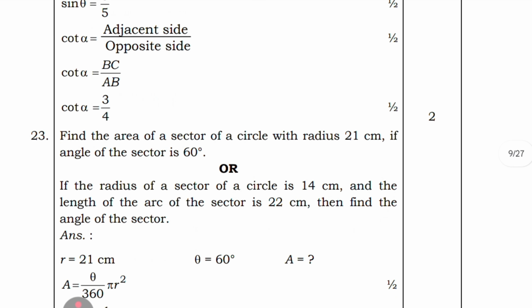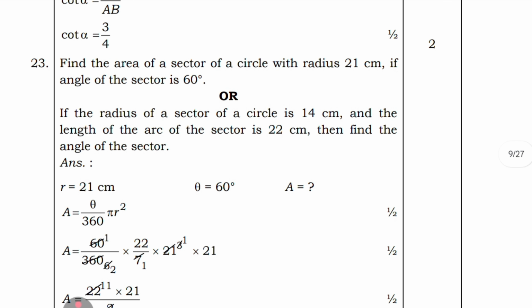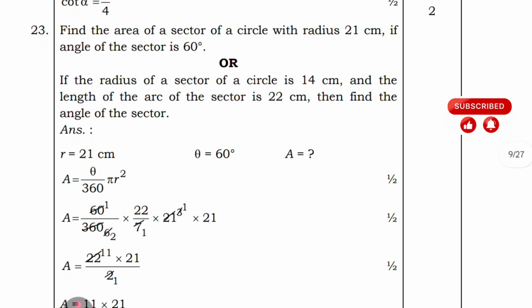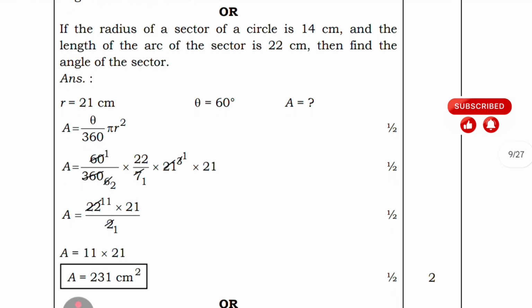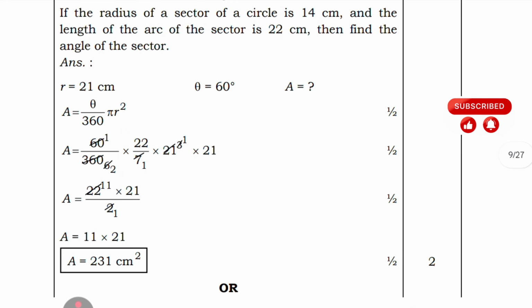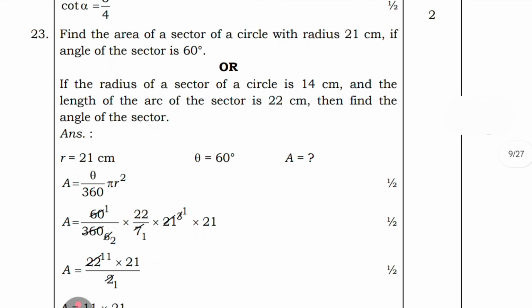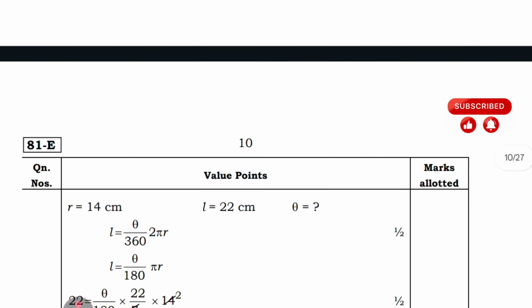You can see. Come to the 23rd, find the area of the sector of a circle with radius 21 centimeter, if the angle of the sector is 60 degree. Here also they have given the OR option. If the radius of the sector of a circle is 14 centimeter and the length of the arc of the sector is 22 centimeter, then find the angle of the sector. Here is the answer for the first question, and for the second OR option, the answer will start from